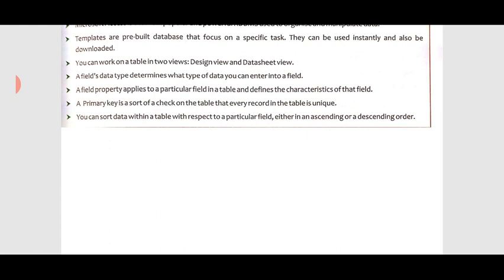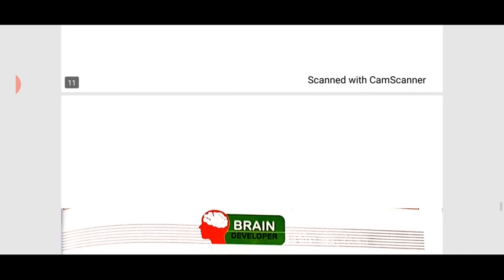A primary key is a sort of check on the table that every record inside that particular field is unique. You can sort data within a table with respect to a particular field either in ascending or in descending order, and we use the filtering option to find a specific record in a table. These are the main points of your chapter.